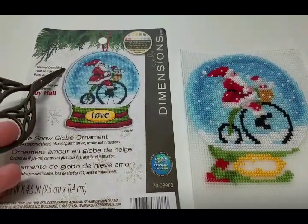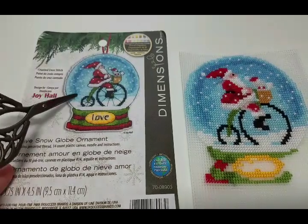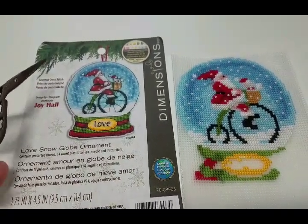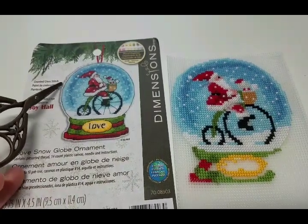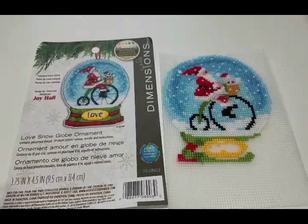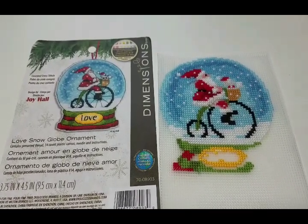I don't think I would be leaving the edges with sharp corners like that. I always try to smooth it out. And some of the ladies were, I think, whip stitching around the edges, so none of the plastic would be showing. I don't know if I would do that, but